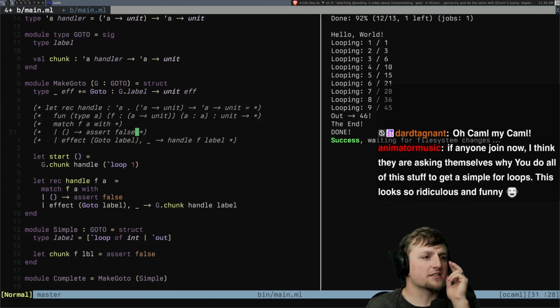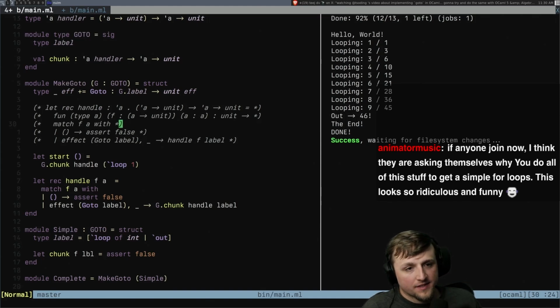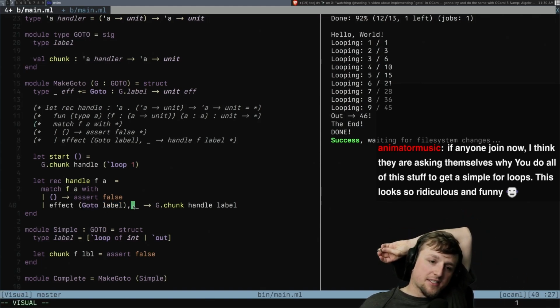If anyone can join now and think to themselves, why do you do all this stuff to get simple for loops? This looks so ridiculous, funny. Oh, well, we have for loops. This isn't for loops, this is for gotos. For loops are just like a while loop, a really simple application of a goto. This part isn't as elegant though, because we're gonna say handle this label, but